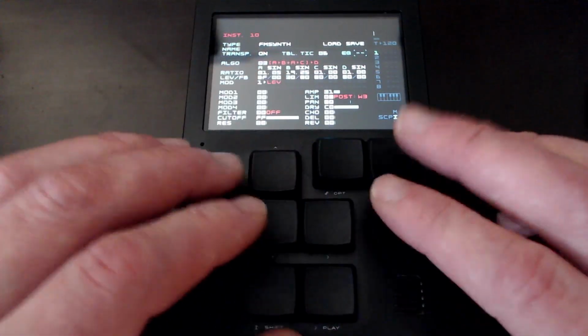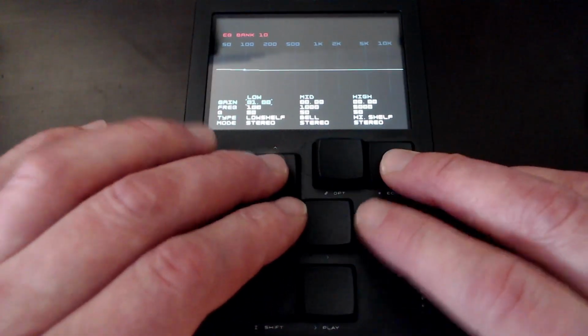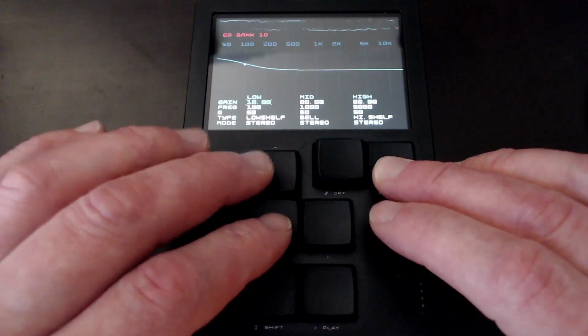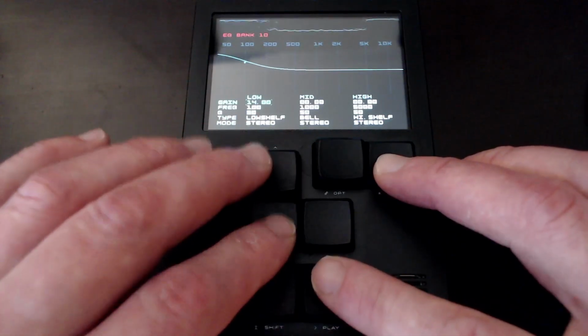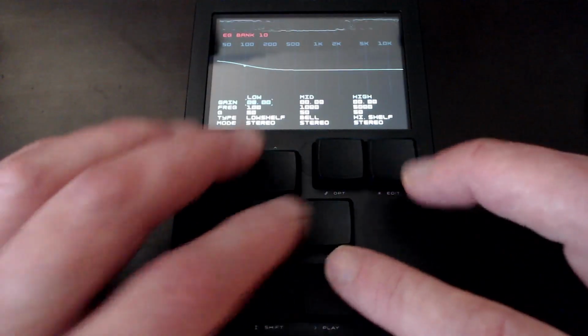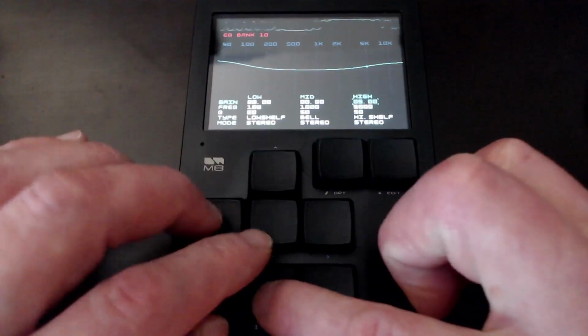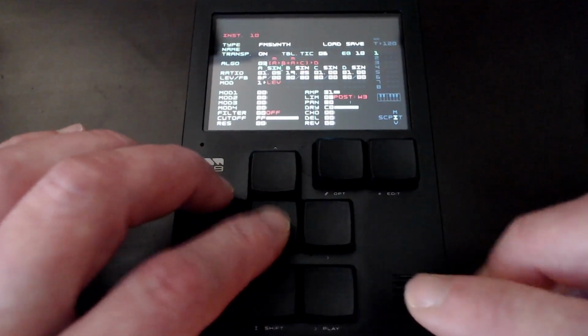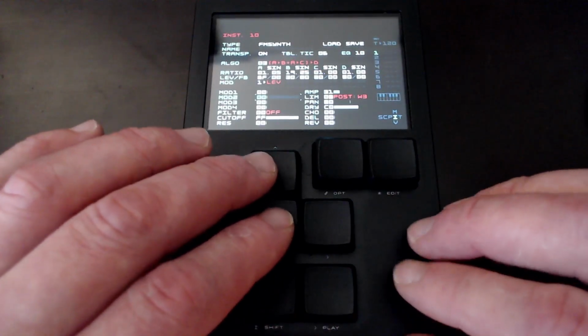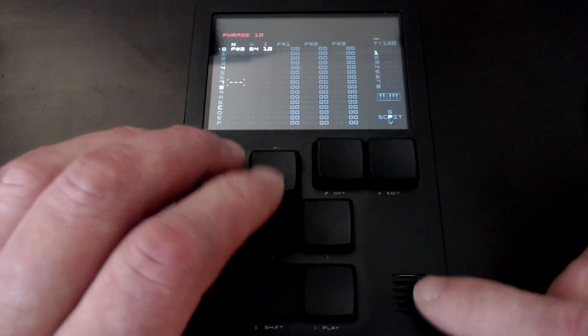You've also got an EQ. Let's try that. So EQ 10, we can boost the bass. And highs. It's just outrageously noisy. Right, so the fun thing about this now is that every time we do a new note,